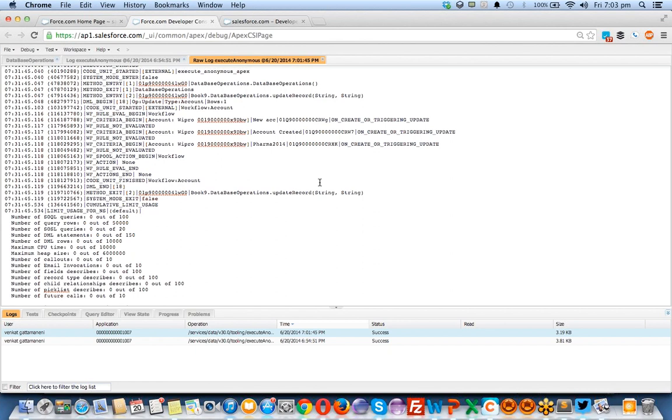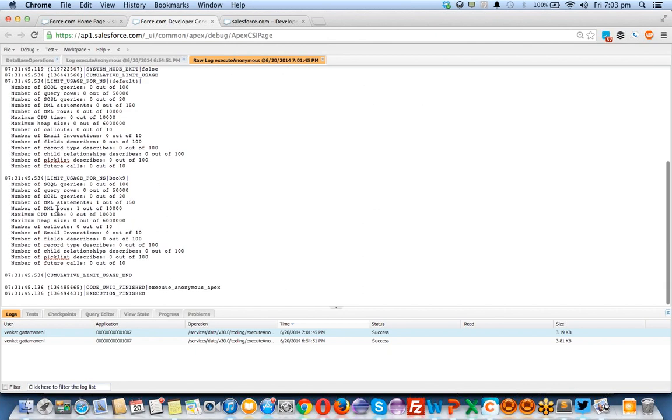And now I have to, let's check. So the records updated are one. So number of records updated. There is a rows equal to one, right? So what happened? My account record is updated. And let's see the debug logs here for the DML operation. DML operation update also comes under DML operation in my case. Number of DML statements one and rows equal to one. Okay.